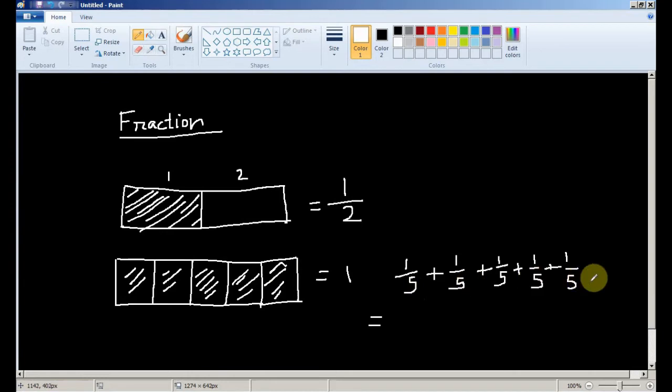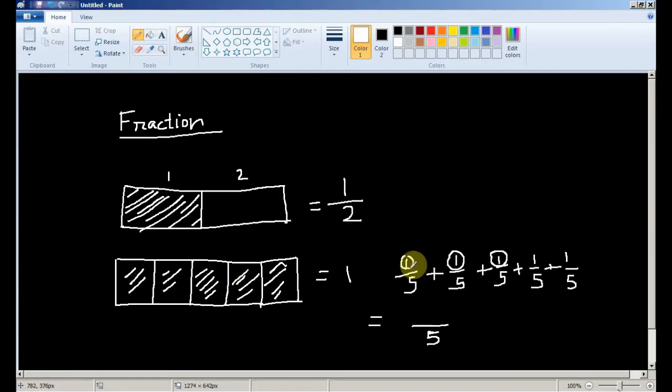So basically what I want to say is that the base, the denominator, will remain the same. We are taking fractions out of 5, so the base remains the same. We are taking fractions out of what? That is what the denominator represents. So it's always going to be the same. But the counting will change, or you can multiply or divide or do anything with the top portion, the numerator. The numerator represents how much we have actually counted.